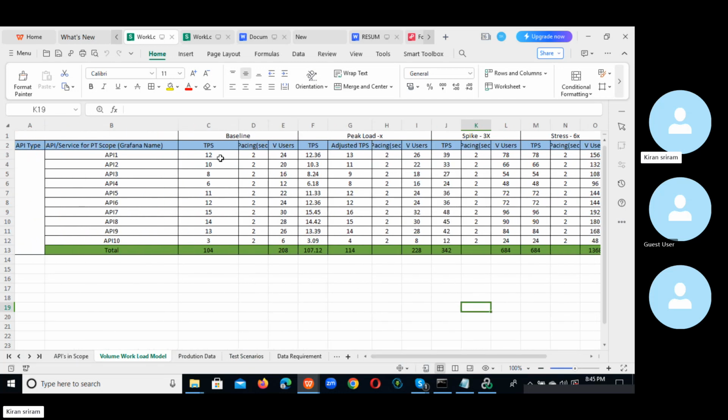You can observe this is 1x users, for example, 26. For the spike, how much? 3x. 26 into 3 is 78. But we don't have that many, right? So what we can do is